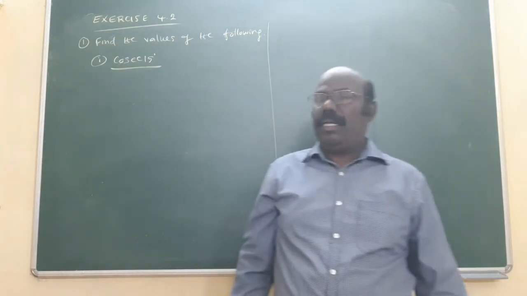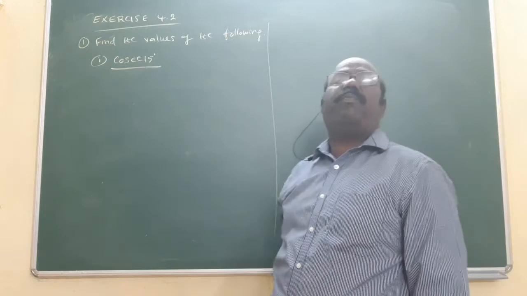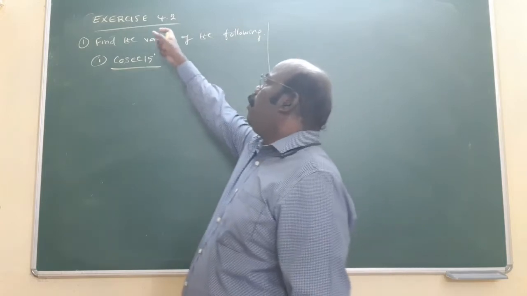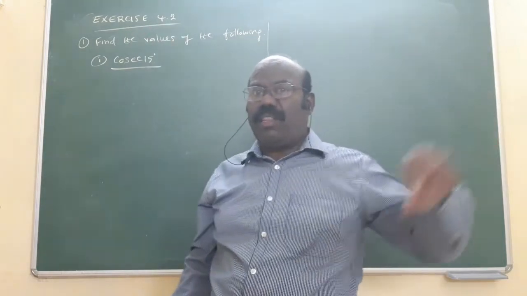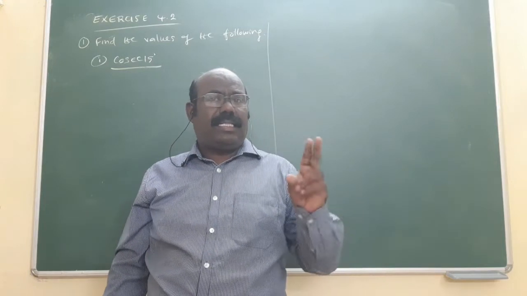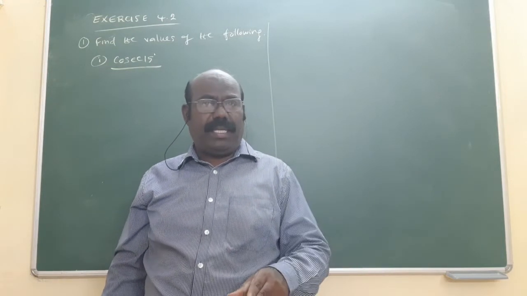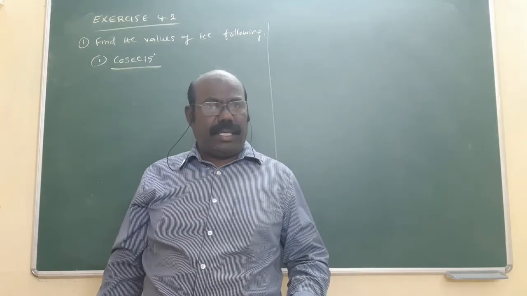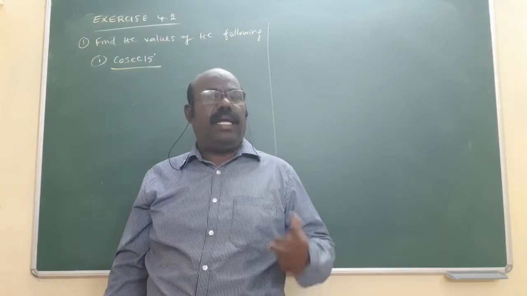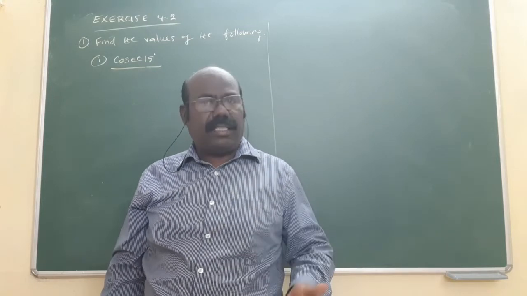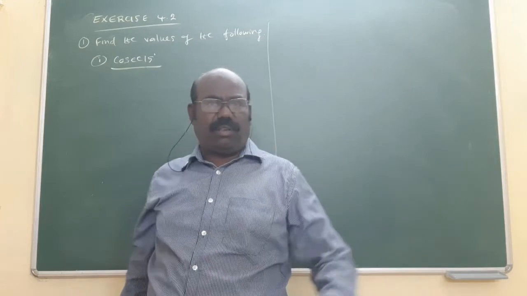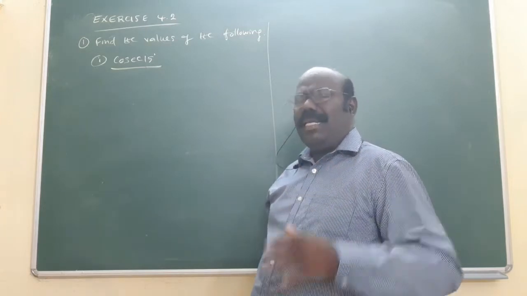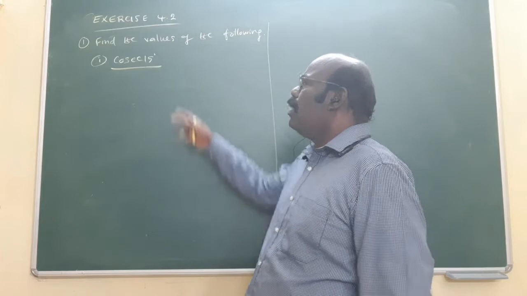Good afternoon. Now, let us start with the 4.2 exercise. The first exercise is already over. Before doing this problem, you must know all the formulas. What are the formulas? Sin A plus B, sin A minus B, cos A plus B, cos A minus B, tan A plus B, tan A minus B, sin 2A, cos 2A, tan 2A, sin 3A, cos 3A, tan 3A. These are all the formulas you know. I have already written the formulas. You must know one formula thoroughly; the remaining formulas are derived from the previous formula. That's all.